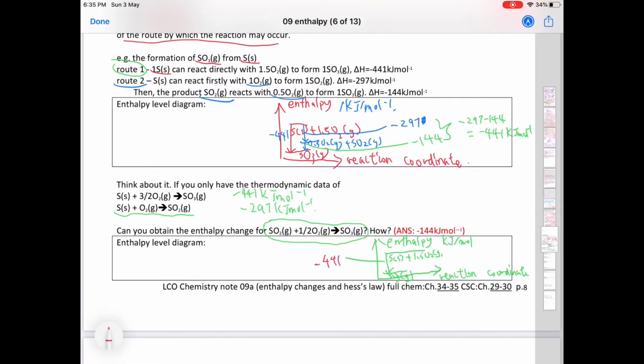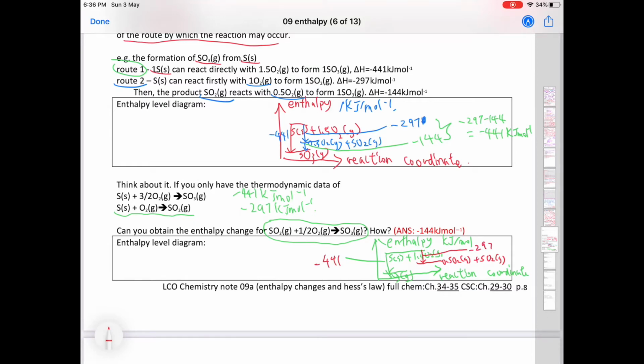And then the second information is that it reacts with only one oxygen, and then 0.5 O2 is left,